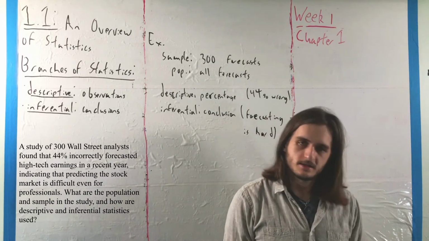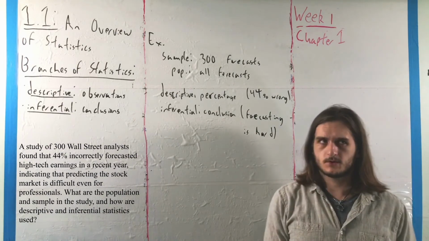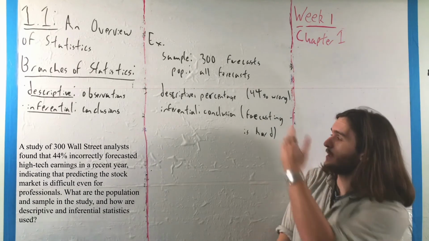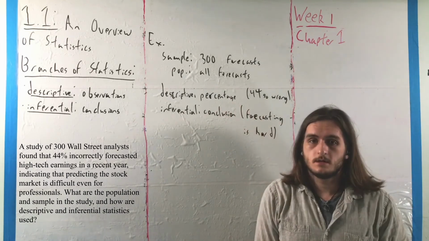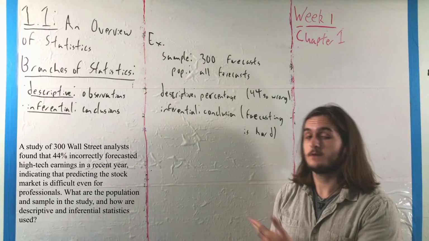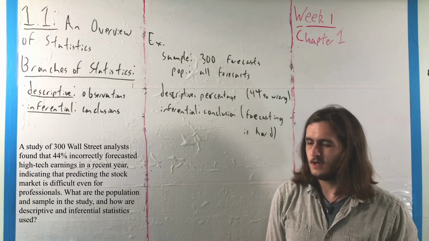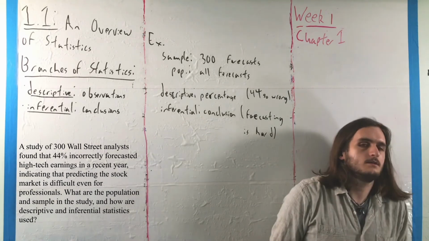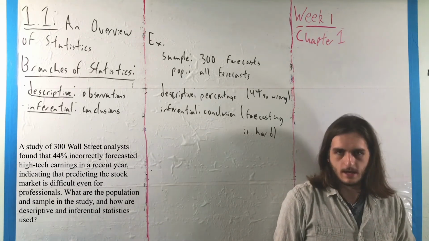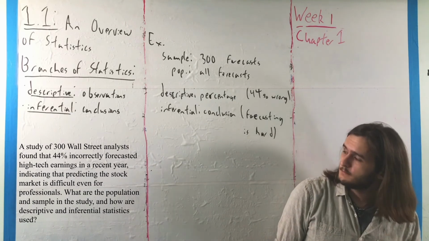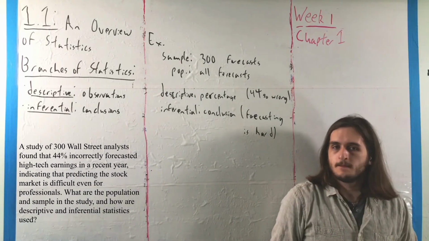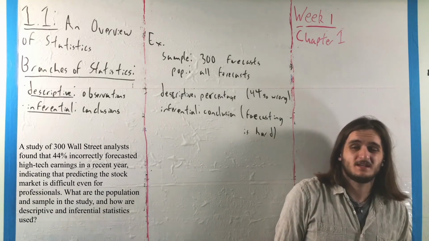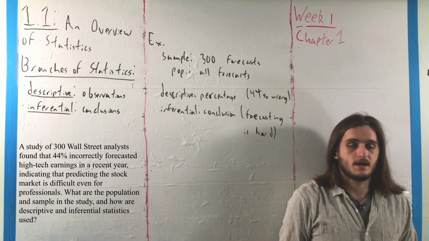It's an inexact science. It's a bit of gambling with some extra steps and usually a lot more money. But that's how we use inferential statistics here, is to make that conclusion based on the data we have, based on the description of the data we have, that is. Although, when it comes to inferential statistics, it is kind of a matter of opinion, right? How we want to read this information. Some might see this and say that drawing conclusions is difficult. Others might say, well, hey, that means 56% are right. And for a lot of people,